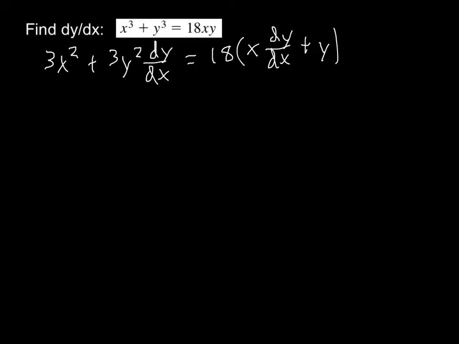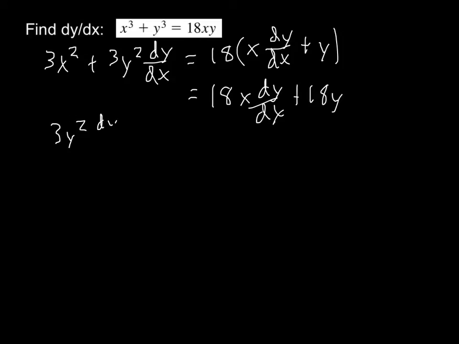Okay, now I should distribute this 18 over here. 18x dy dx plus 18y. Now I need to get my dy dx's together, so I'm going to rewrite the equation to have my dy dx's on the left side, so it will be 3y squared dy dx minus 18x dy dx equals